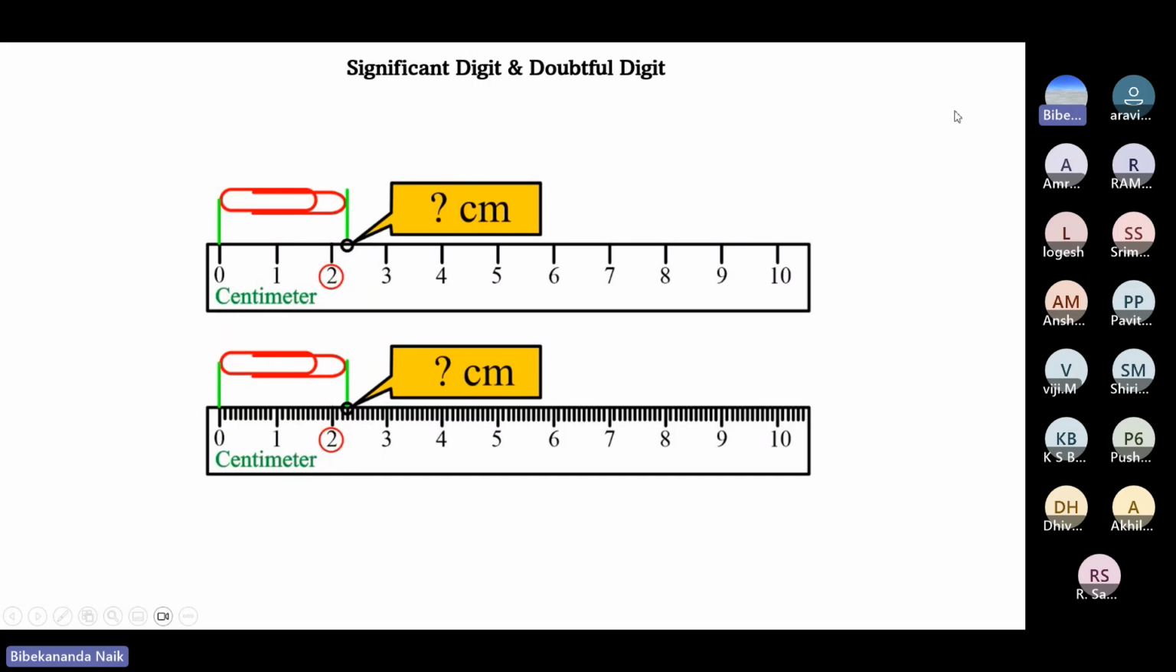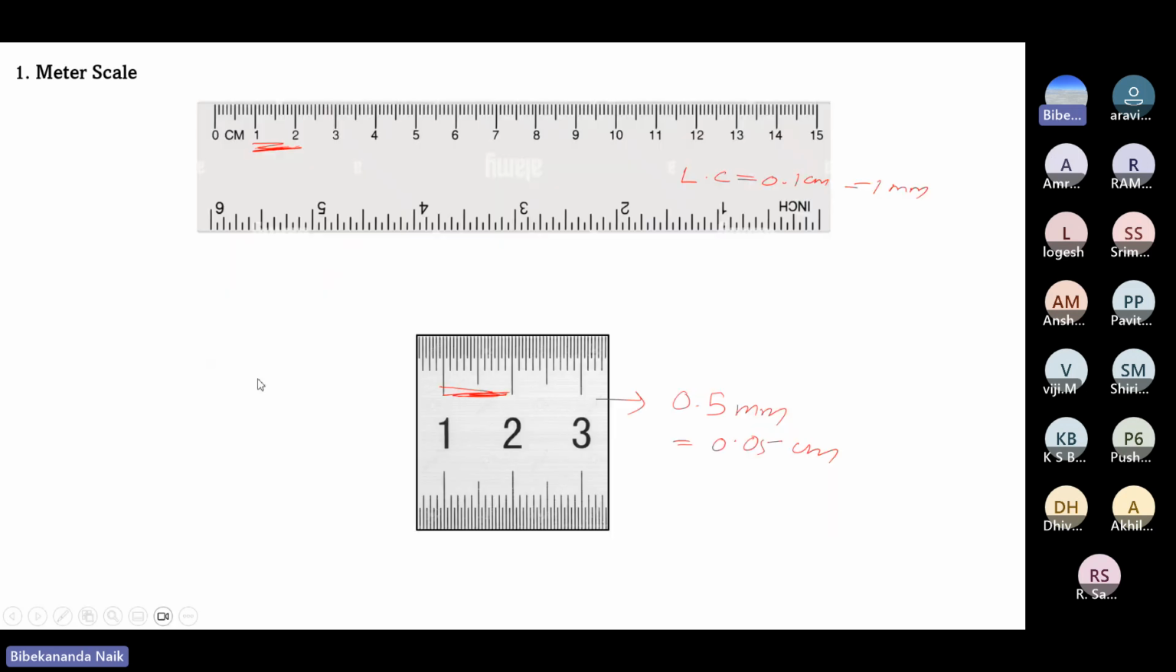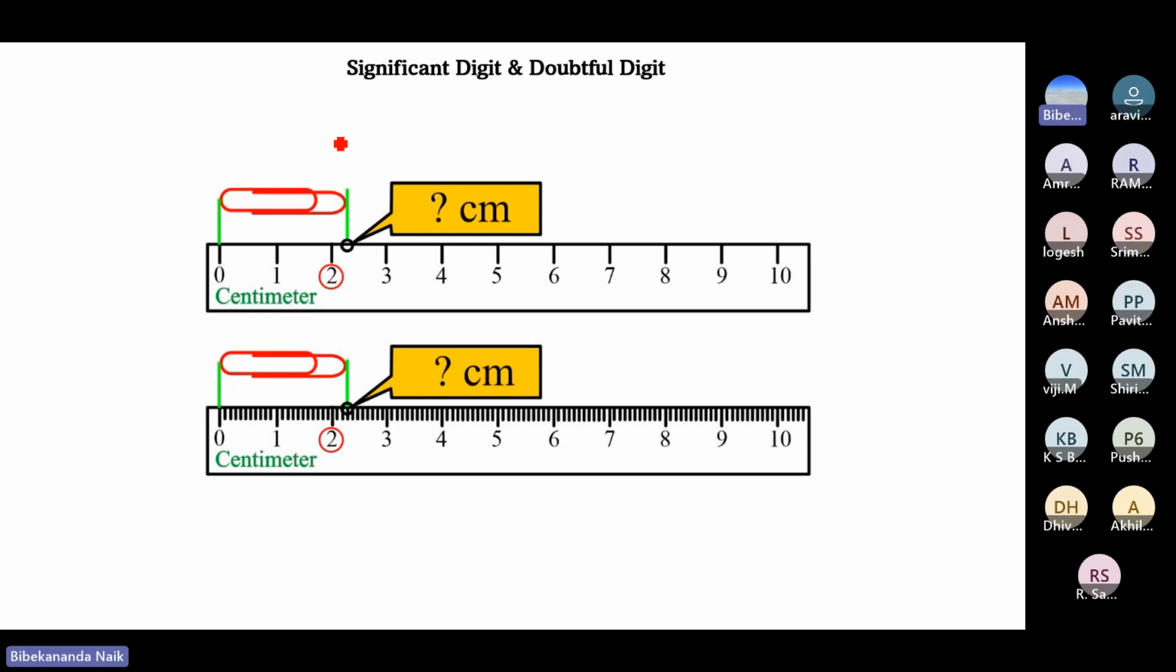You must have also come across significant digits and doubtful digits. In the upper scale, there are no other measurement marks between 1 and 2. If you want to measure the length of the pin shown in the figure, the measurement on the upper scale lies between 2 and 3. If someone asks what is the length of this plastic pin, we can say it lies between 2 and 3. So we may write it as 2.3 or 2.4